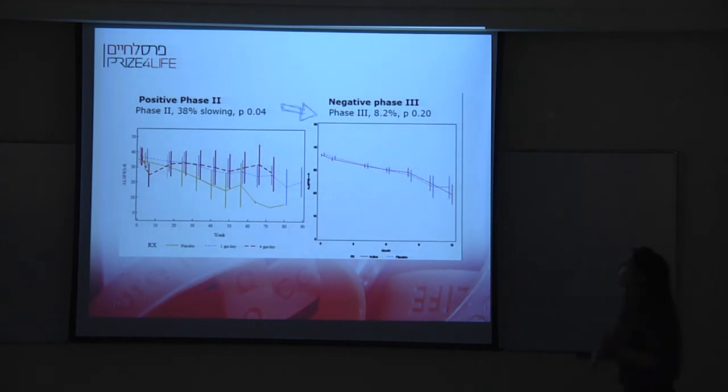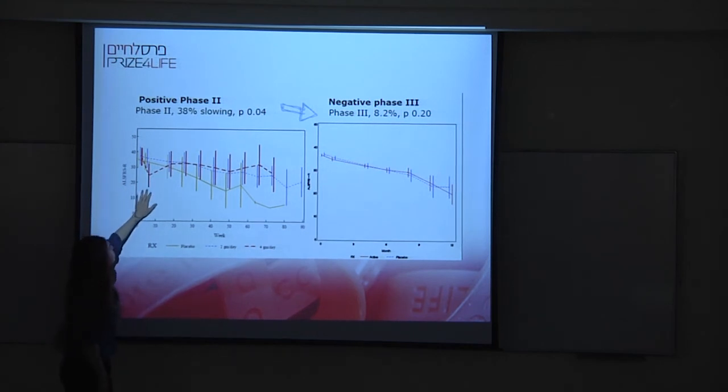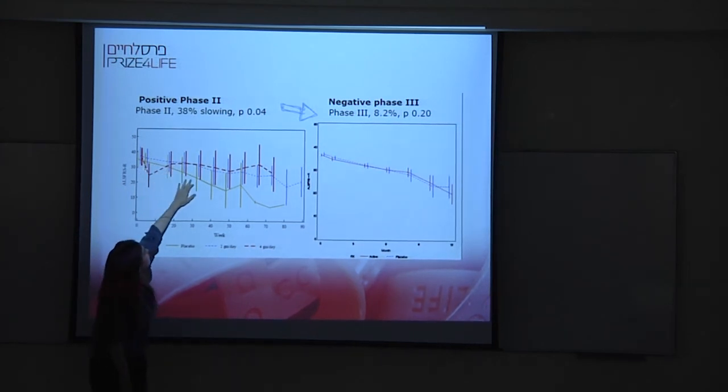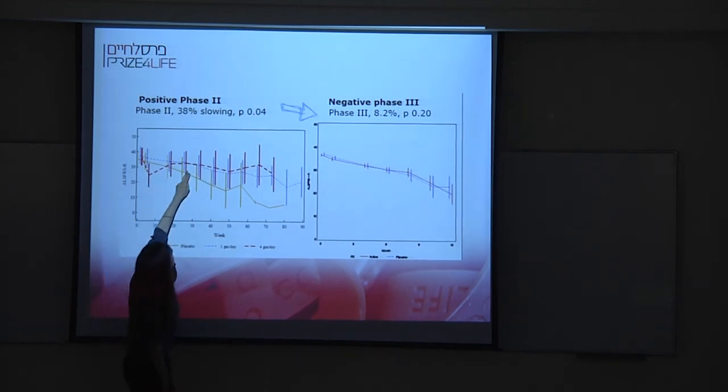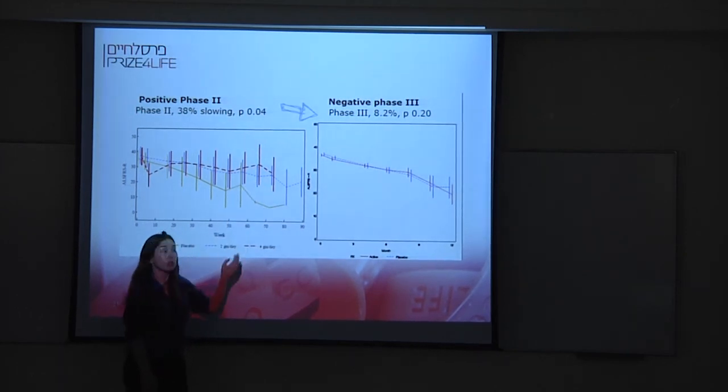The next example is the ceftriaxone. So this is the phase 2. The yellow is what you see here. These are placebo patients, so this is how they would progress without any treatment. This is over weeks. And the blue and red lines are what you see for people that were treated with ceftriaxone, either 2 grams a day or 4 grams a day. And you see that they are more stable, and as time passes by, the differences between the treatment and the placebo group only grow bigger and bigger. So this looks quite promising.